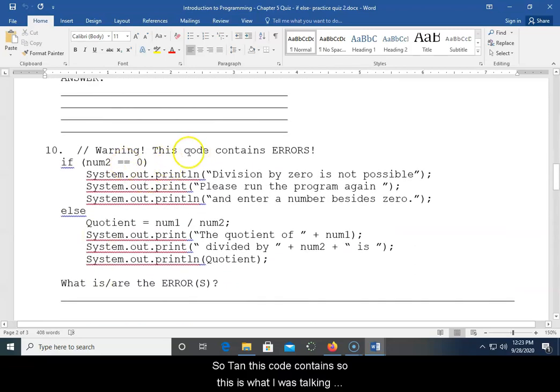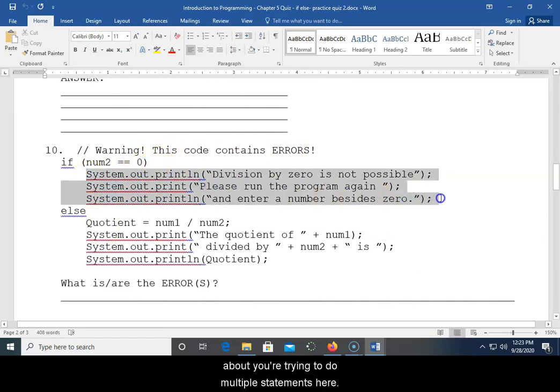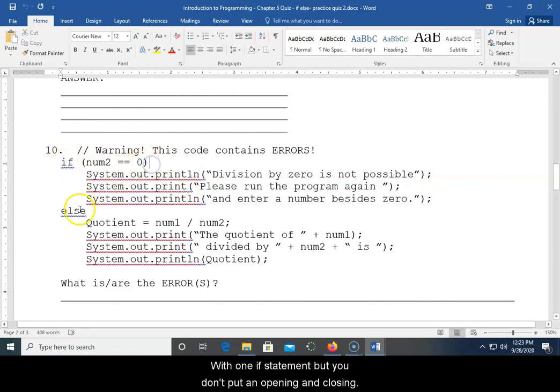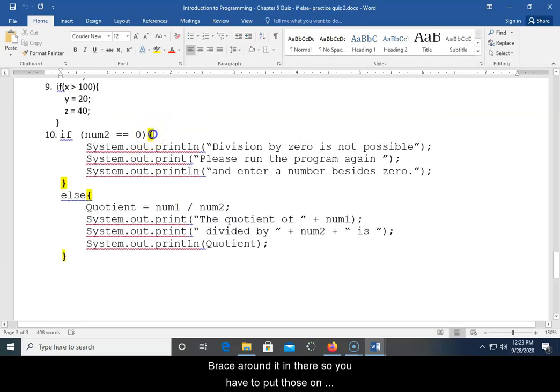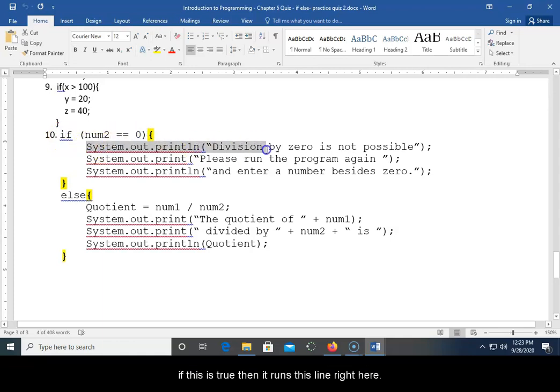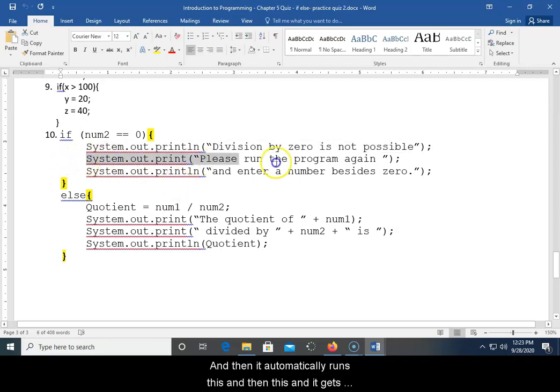So 10, this code contains errors. So this is what I was talking about. You're trying to do multiple statements here with one if statement, but you don't put an opening and closing brace around it in there, so you have to put those on there. If you don't have that, you get errors, because what happens if you don't have the braces, what happens is if this is true, then it runs this line right here, okay? And then it automatically runs this and then this, and it gets to this and it goes, there's no if